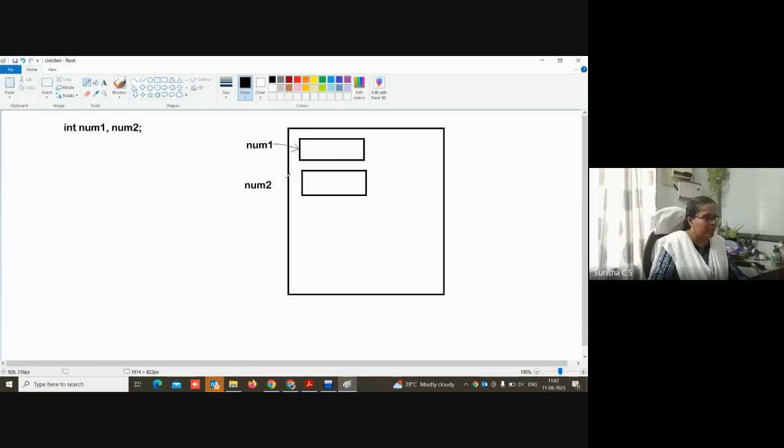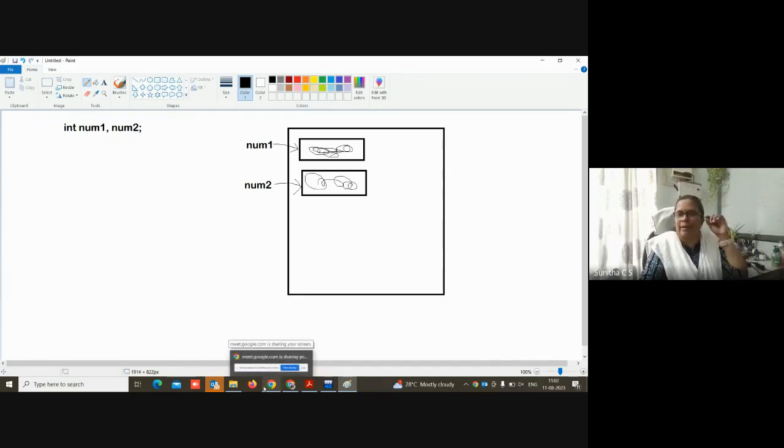This memory location is referred to by num1, and this one by num2. Now when I use num1 in my program, it goes and reads whatever is stored inside this memory. If I use num1 or num2, it reads the value stored in the memory.